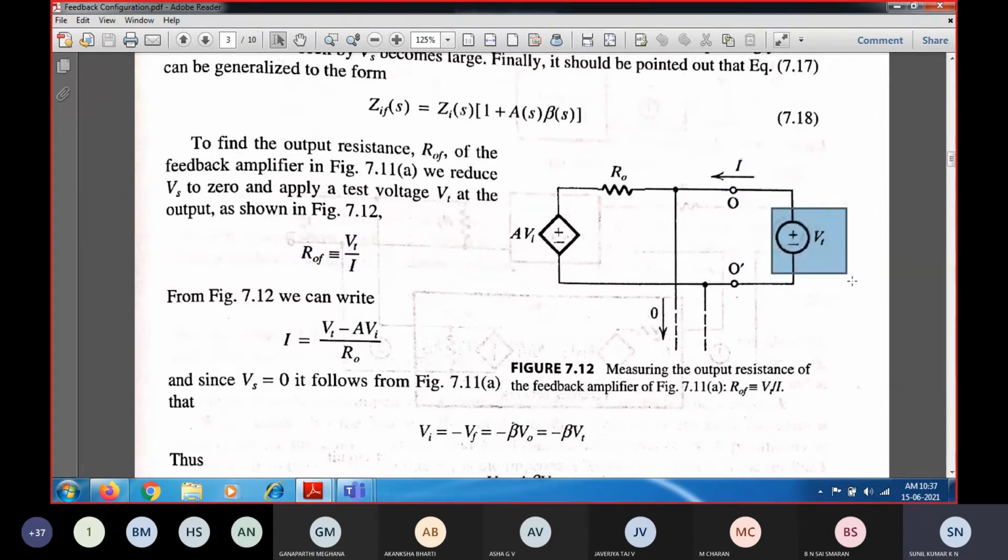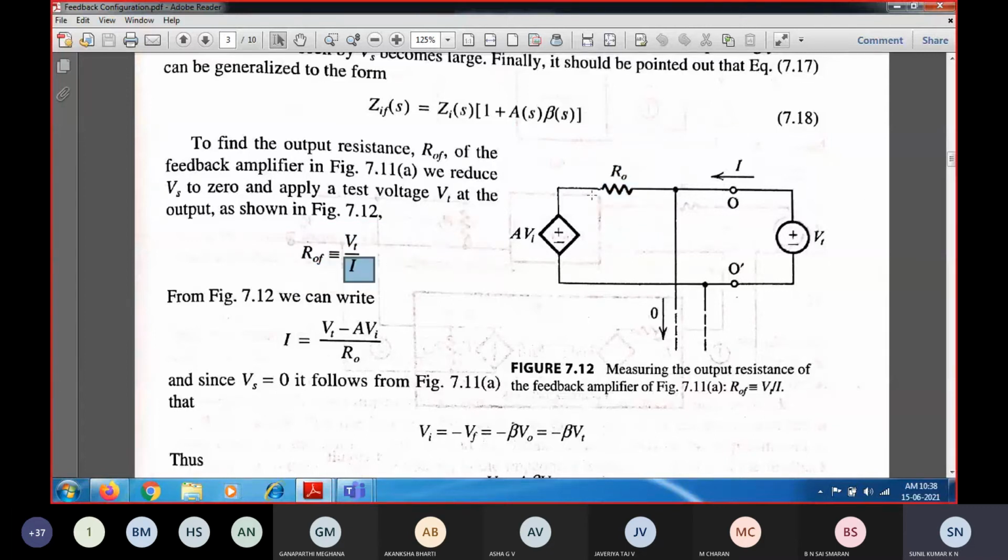The only voltage source applicable now is VT, because Vs is reset to 0, which means Vs is removed and short circuited. So the only voltage I am applying across the output side is VT, and I is the current. Even if you employ any feedback structure, this will be considered the voltage source, and this will be the output voltage VT. Because we are taking it as a parallel connection, the output voltage VT divided by the current flowing from this source, that is I, gives the output resistance with feedback. Now VT is known. If I find the amount of current, then I can easily find the resistance. So I is equal to what?